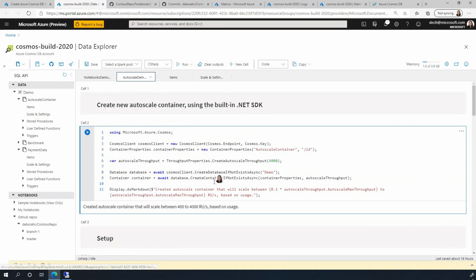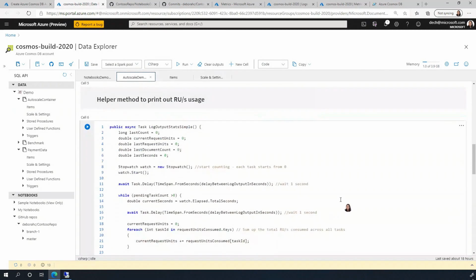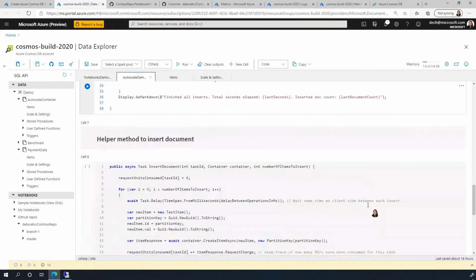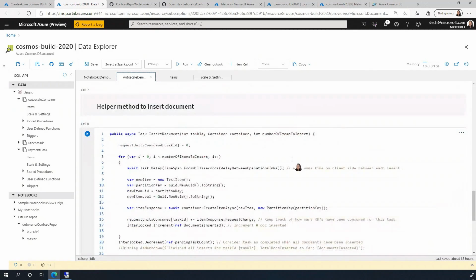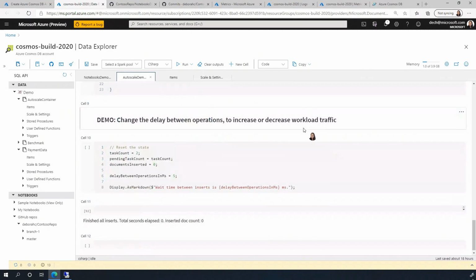So going back here, now that we have our database and container, we've got some setup. I have a helper method to help us print out the throughput or RUs usage. As with any benchmarking test, what we really want to measure is the throughput or operations per second we're able to get. So this helper method is just going to print that out every second, how many reads and writes we're getting against Cosmos DB. I have another helper method to insert the document so we can benchmark the write. And finally, here's the fun part. Putting it all together,